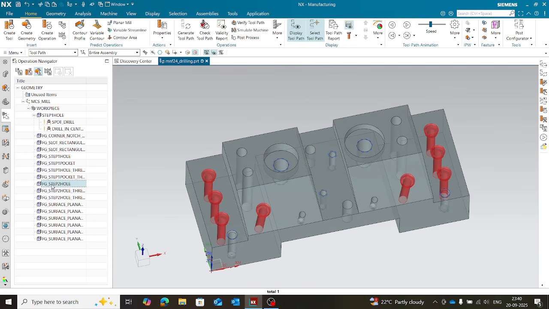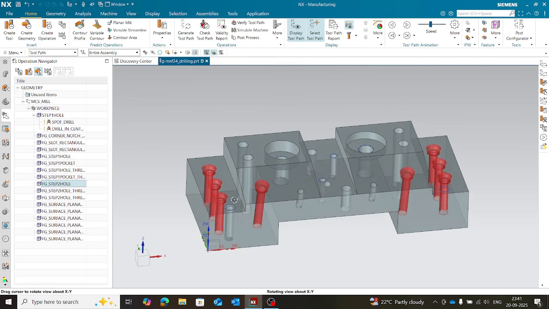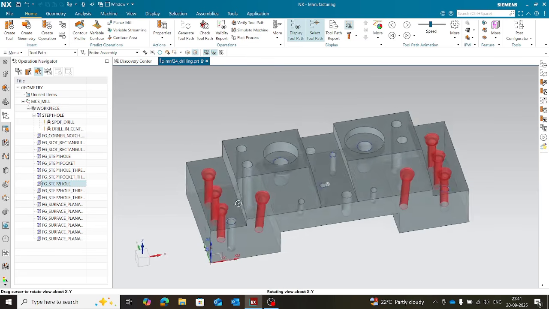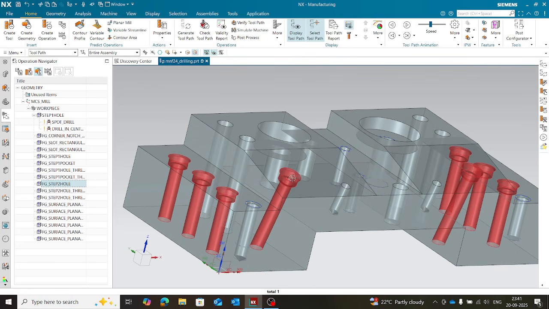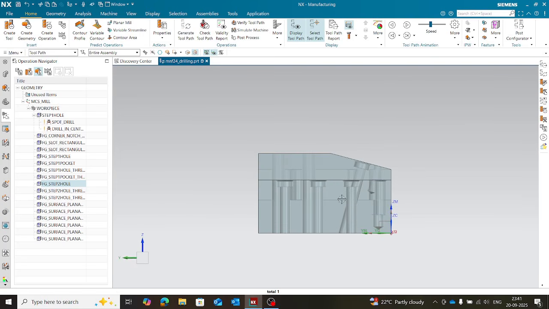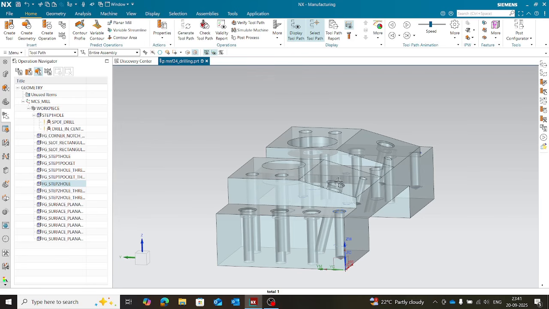So like this you can see. And sometimes, if you are planning this particular component for only 3 axes, then you need to eliminate these 2 holes, because these are angular holes. If you see in this particular direction, you can see this is an angular hole. So at that moment, you need to eliminate these 2 holes. To eliminate these 2 holes, you right click or double click on the group